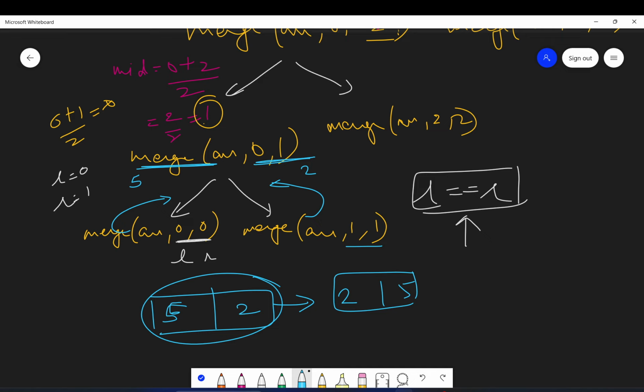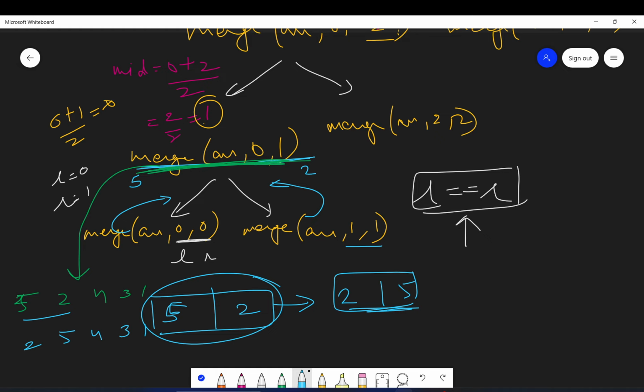This call will make our final array, which was 5, 2, 4, 3, 1. After this call, this array will become 2, 5, 4, 3, 1.